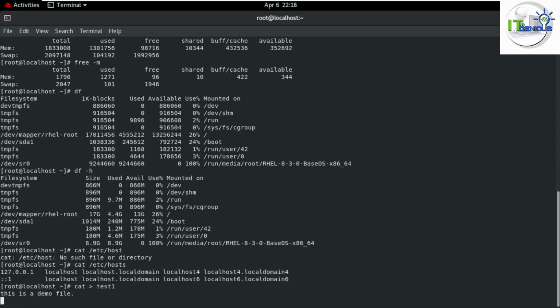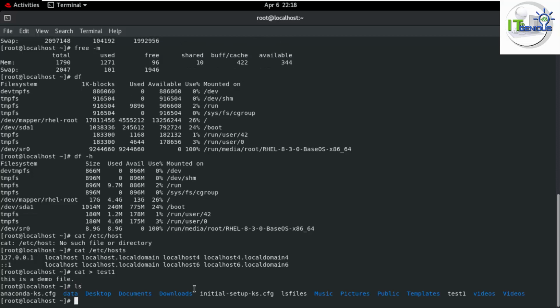This would be the content of my file. Press enter. If I need to save this file with this content, I will press Ctrl D. So you need to press Ctrl D and this file will be saved. You can run the ls command, through which you would be able to see there is a file which is test1. Correct. Now if I need to read the data of this file, I will run cat space test1, then press enter.